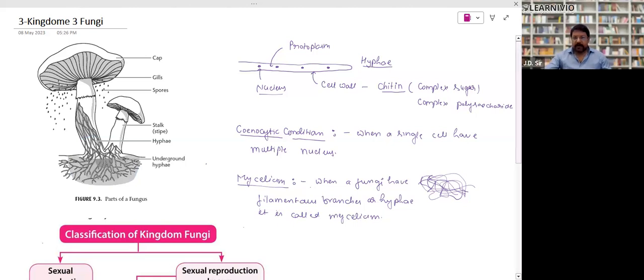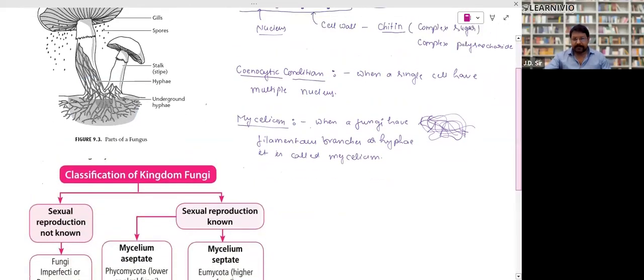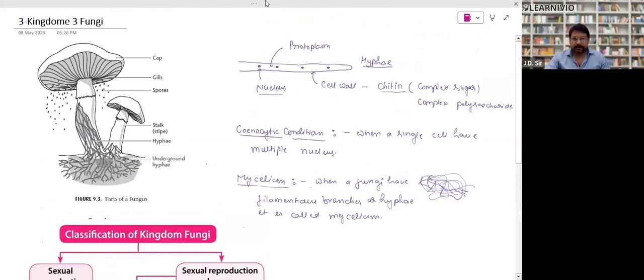Okay. One more important thing, right? Let me write it down here only. Hypha, it can be uninucleate, binucleate, or multinucleate. Right? It can be uninucleate, binucleate,